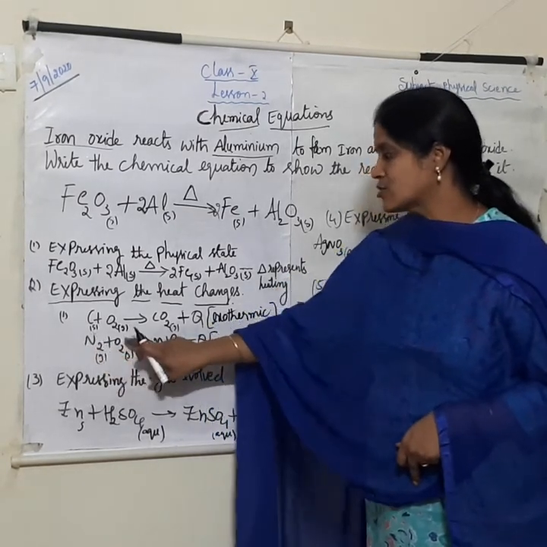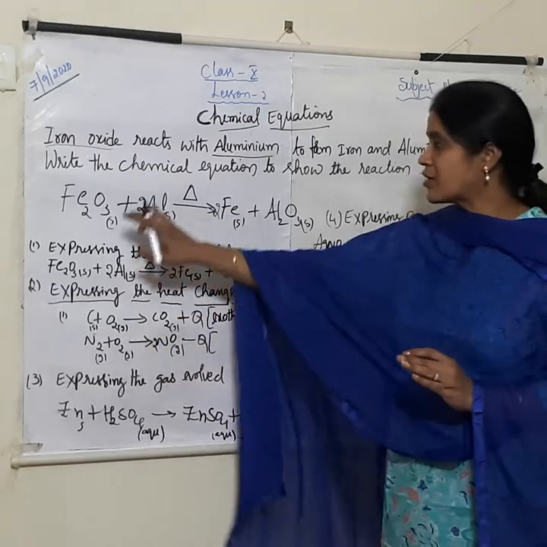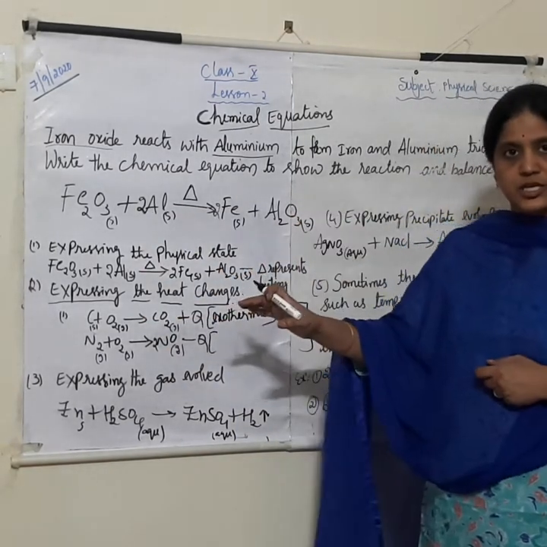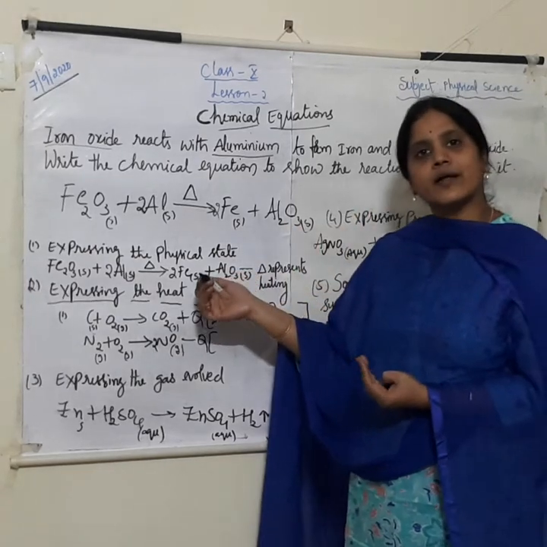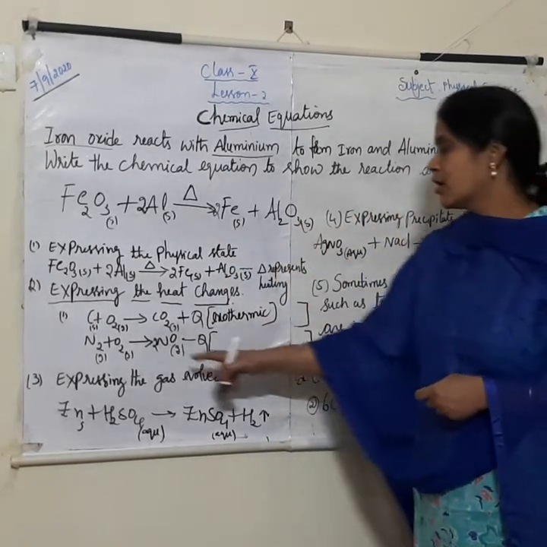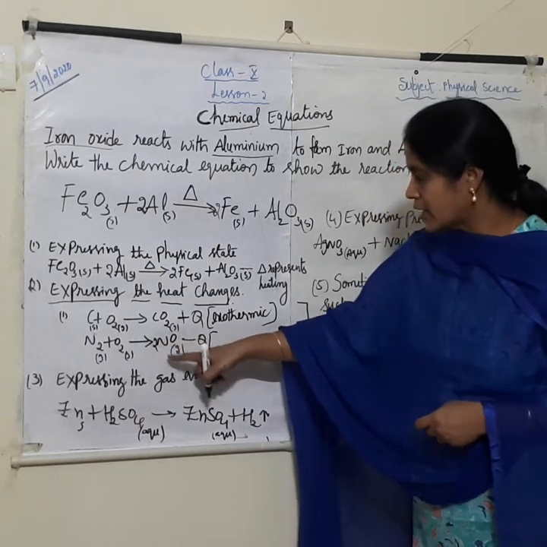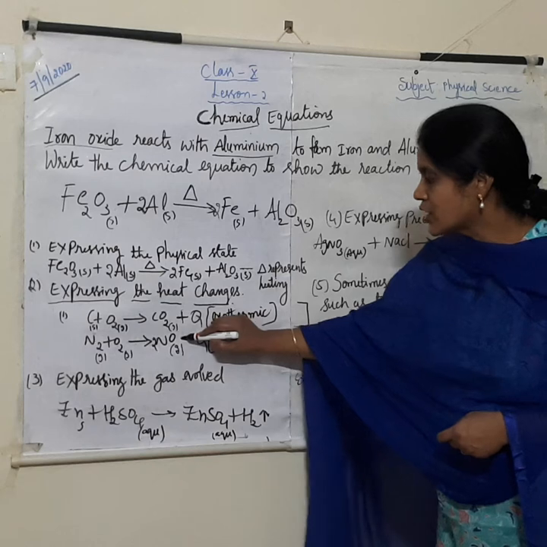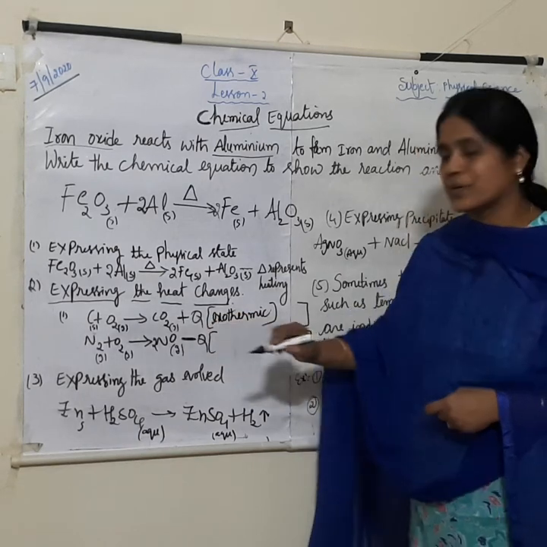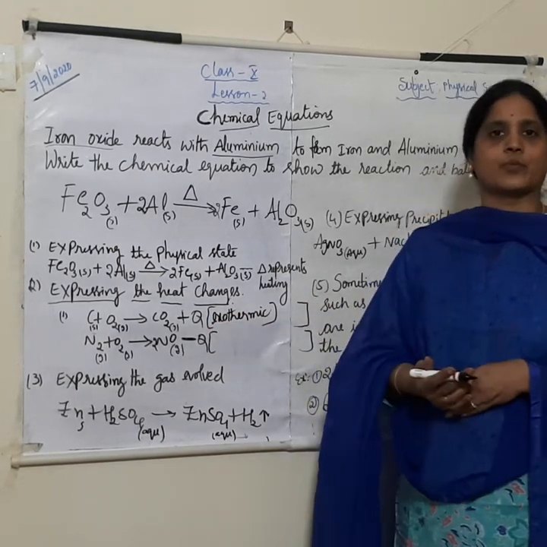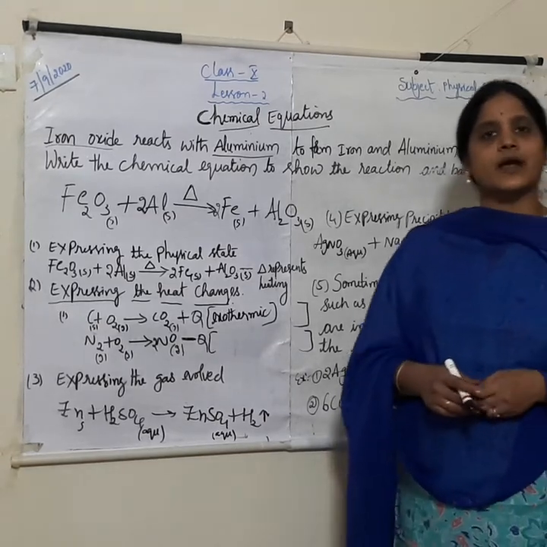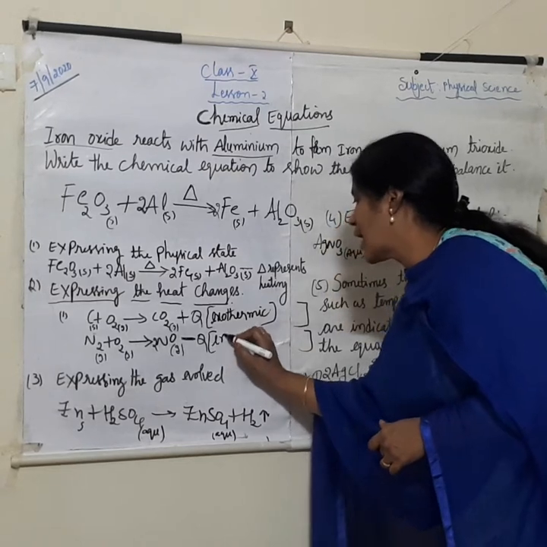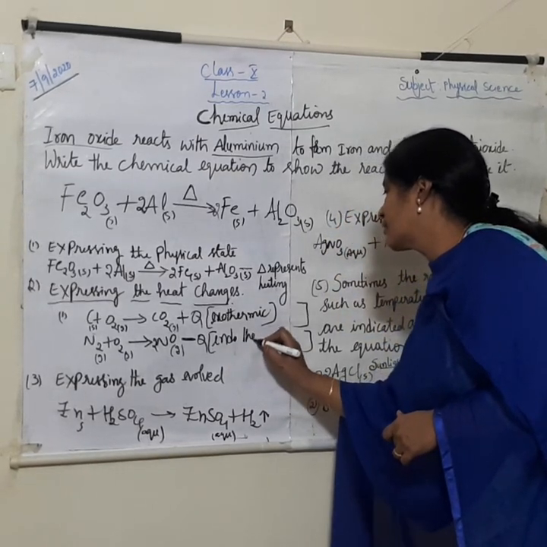Nitrogen, this is a gas. Oxygen is a gas. Always after balancing, you must represent the physical state. After the physical state, whether heat is liberated or absorbed, that also you should mention. Now N2 plus O2 gives 2NO, this is also a gas, and here minus Q is given. So I wrote here minus Q. Minus Q represents that the heat is absorbed. When the heat is absorbed, such a type of reaction is known as an endothermic reaction. We'll call it an endothermic reaction.